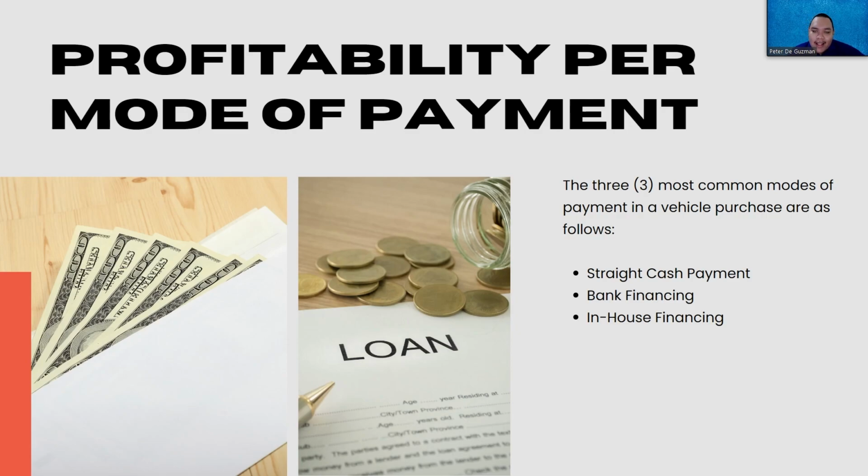The third option is the most costly option if we're looking at all expenses, the most costly for the client. This is what is known as in-house financing. Instead of the client going to the bank to transact for a financing transaction, the client goes to the dealership to enter into an in-house financing transaction. The contrast between bank financing and in-house financing, aside from the fact that the client approaches the bank for bank financing and the dealership for in-house financing, is that the interest is significantly higher for in-house financing.